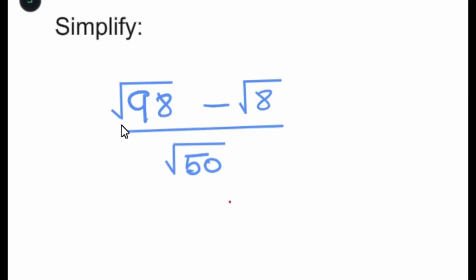So to simplify questions like this, which is root 98 minus root 8 over root 50, what we normally do is break them down into perfect squares and imperfect squares. So what I mean by that is,